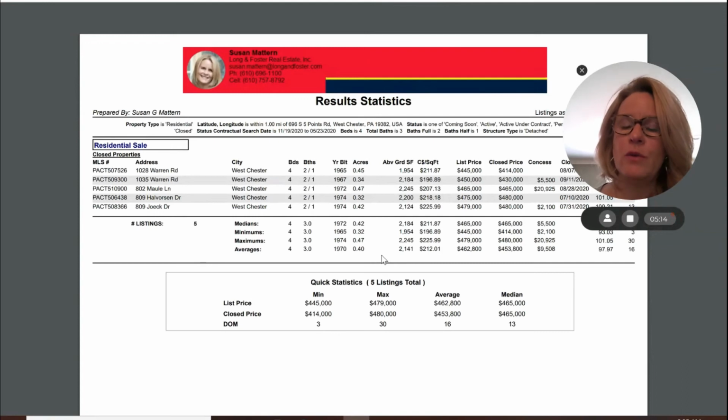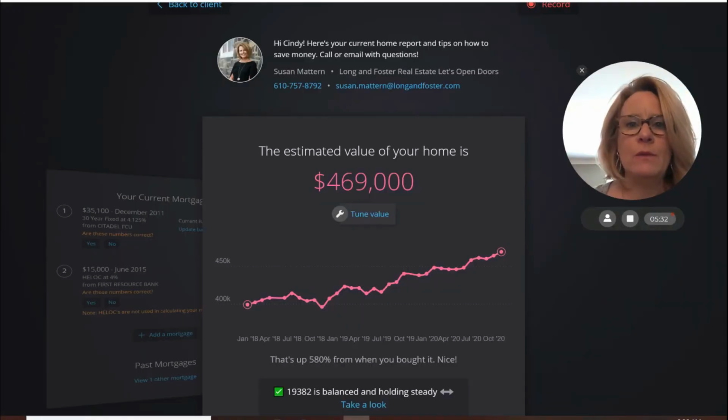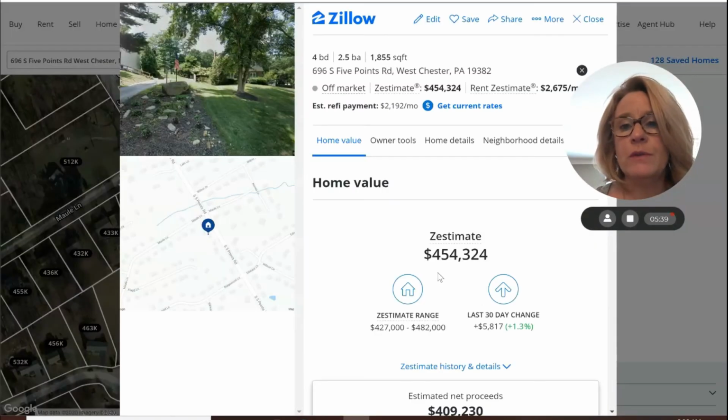Having a detached double car garage is always a big selling point on a property. So I go and look at this, and I'm just keeping in the back of my mind the average close price is $453, and when we looked at the HomeBot, it was $469, so $453 to $469. And now I'm going to look at Zillow. So Zillow's $454,